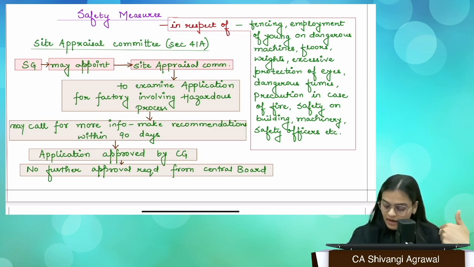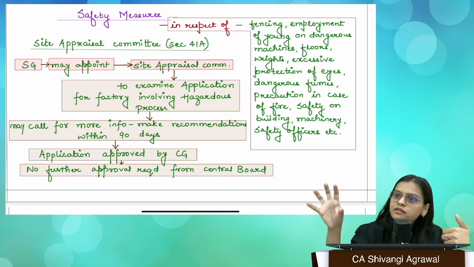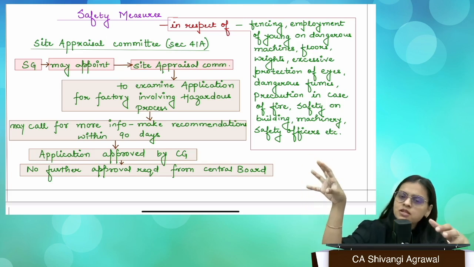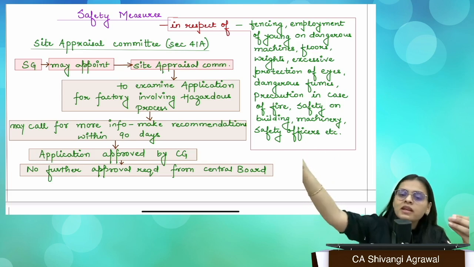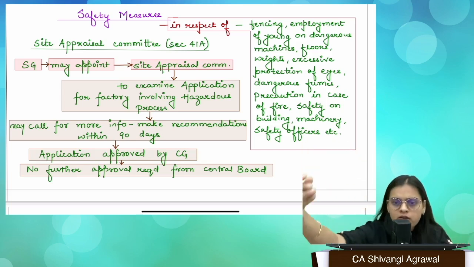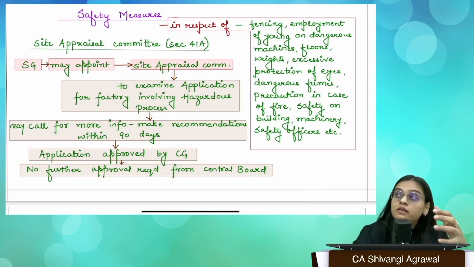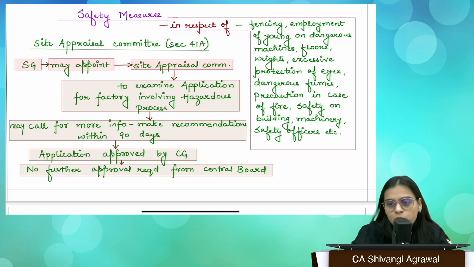Strong. There have to be safety officers. Safety officers are not required in every type of factory. Safety officers are needed where 1000 or more workers are generally employed, right? The building has to be maintained. Wherever the inspector feels that the building is in such a condition that it may demolish, it may fall down, or it could lead to a condition where the health of the workers is being compromised, they will ask for repair, right?